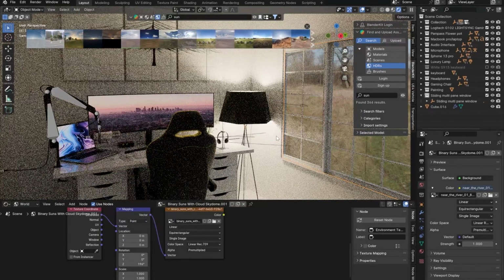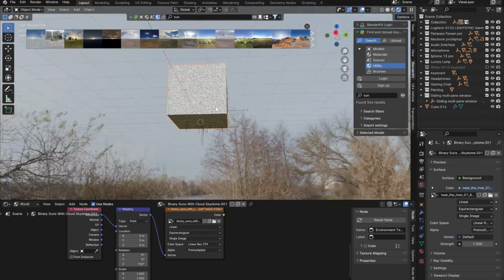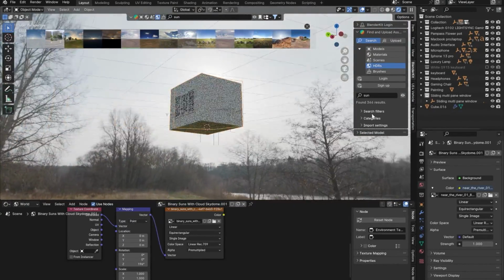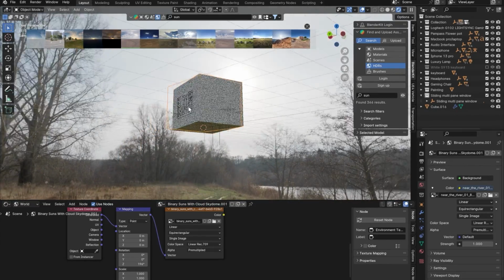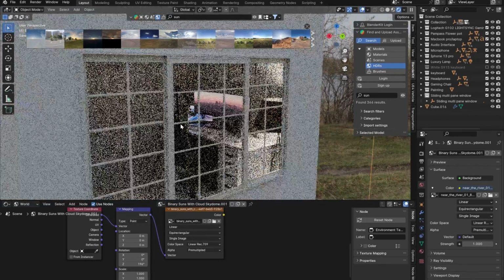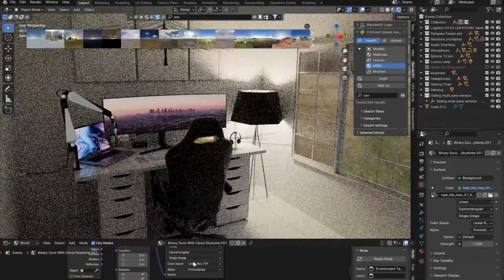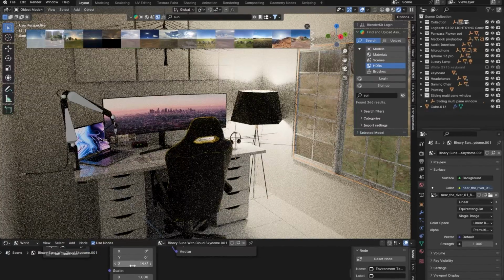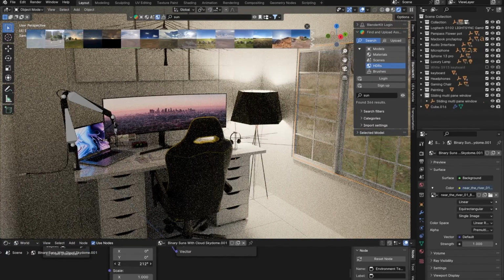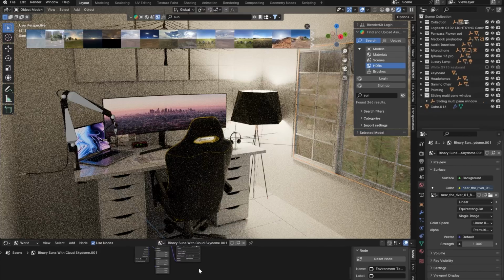And you're going to see that it doesn't really look that good right now. The reason for that is because you're facing the wrong way, right? The sun is that way, and our window is right here. So I want to make sure that we rotate the HDRI in such a way that the sun is basically lighting up our scene. So I'm going to be rotating it. Just keep rotating it until you find the right